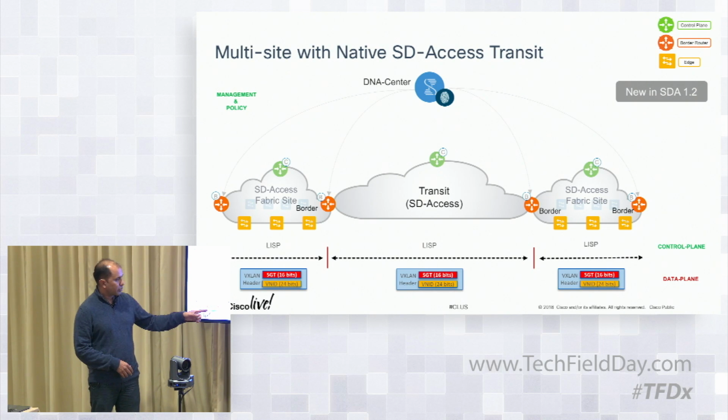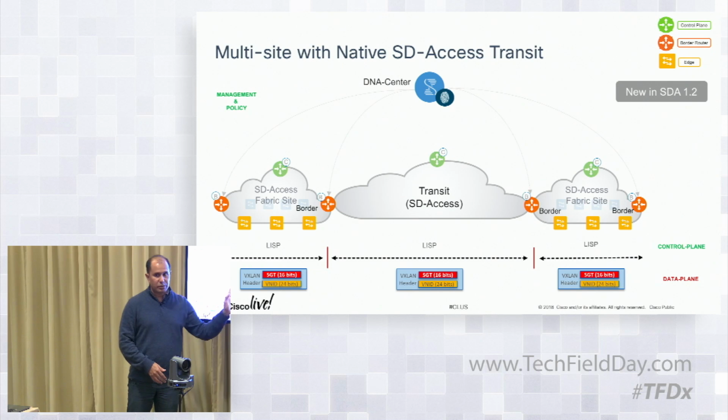The other part that is important is the virtual network ID. Those are basically 24 bits that identify which VRF the traffic belongs to. So that's how we support macro segmentation and micro segmentation. So when it's native, to the question that was asked earlier, basically we can use the native technology,